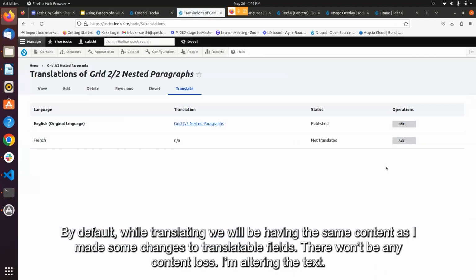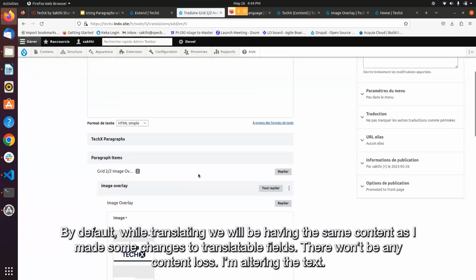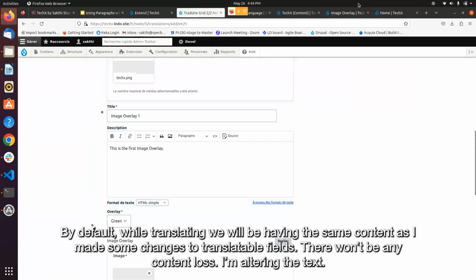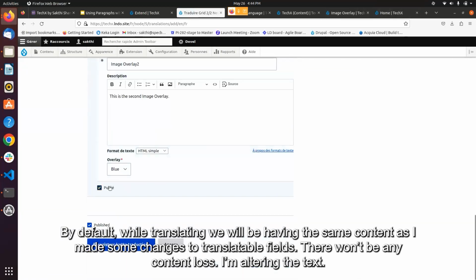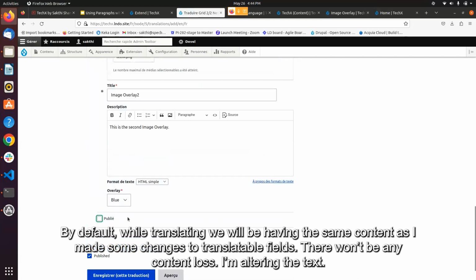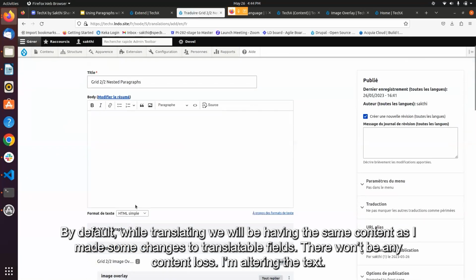By default, while translating, we will have the same content, but as I have made some changes in the translatable fields, there's a content loss. So if I'm translating this to French,